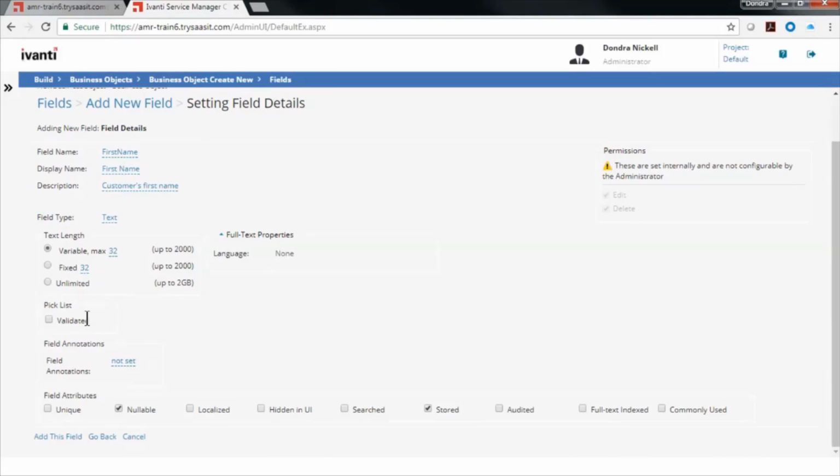Down here, we've got the pick list invalidated. You'll learn about that in our validation class. And then down here, we've got field annotations. So this is not a mask. This is where we can say, okay, well, this is going to be an email address or a phone number, and it's going to format it accordingly. But it's not the mask that tells them what values they can put in there, although it will search those